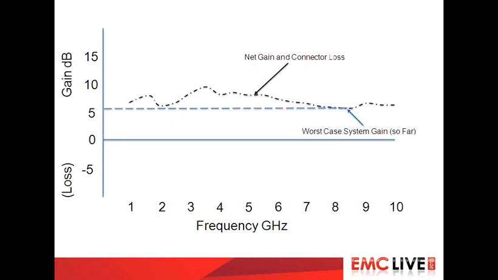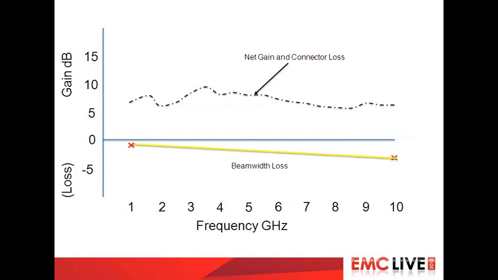So here we are, we're starting with where we were, with a visualization of our overall system performance. And now if we add our beam width loss, as just mentioned, at 1 gigahertz, there's your 1 dB of loss. And at 10 gigahertz, there's your 2 dB of loss. Sorry, is that 2 or 3? I look like I've got 2 or 3. Anyway, this isn't being exact. This is more visual. You can see that if you drew in your beam width loss there,